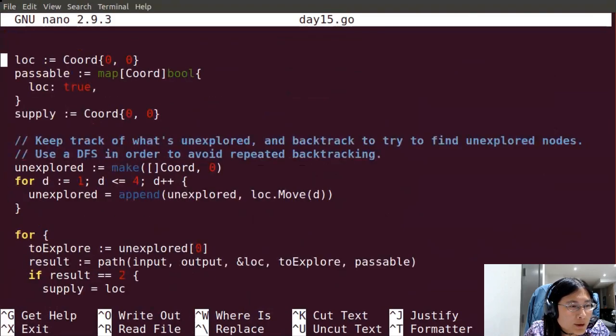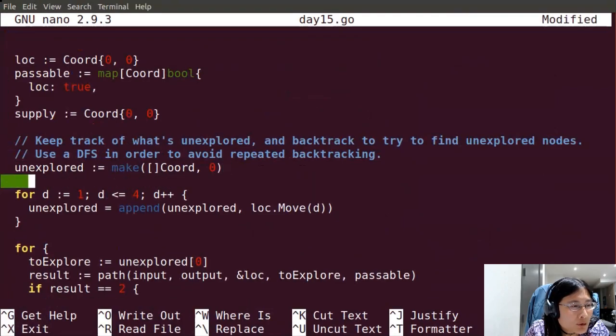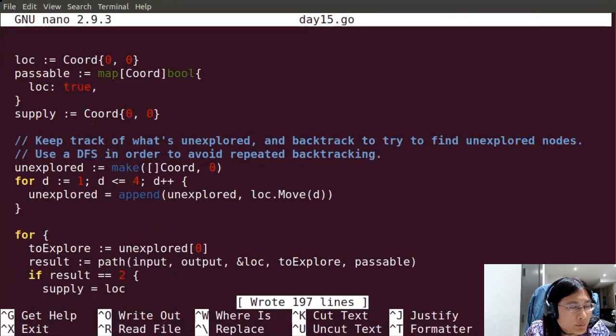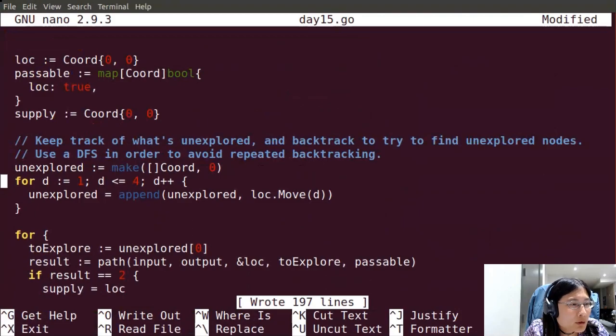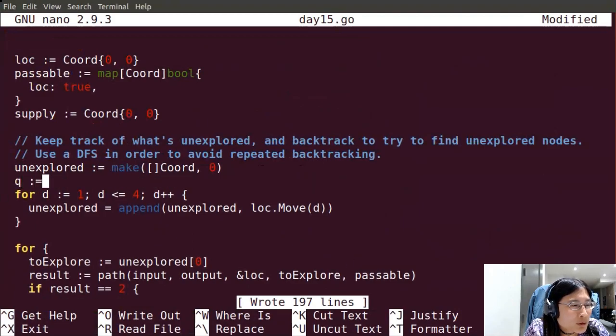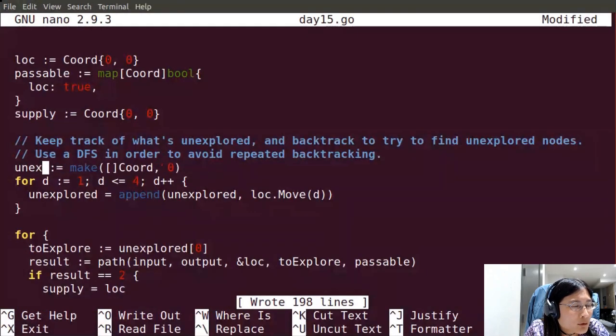Okay. I need to avoid re-queuing the same node more than once in case I haven't gotten to it, so... Oh no, that should be fine.